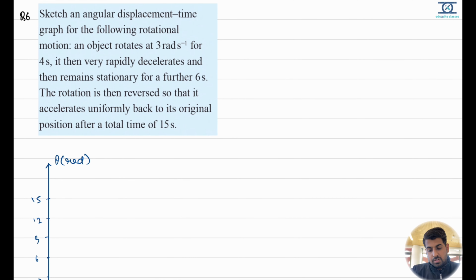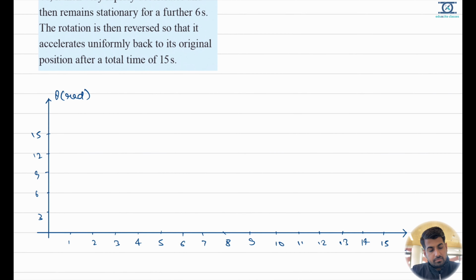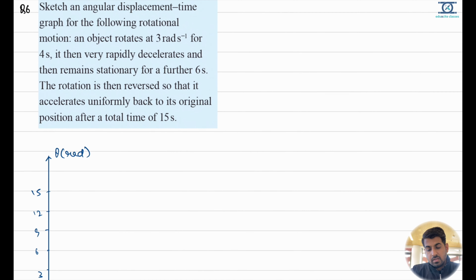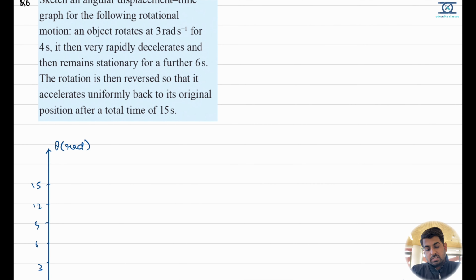Now pause the video and sketch the graph for question number 6. Okay, it is quite easy, guys. What is given in the question is the angular displacement versus time graph. I have already marked it for you. You just have to fill it up. So the object rotates at 3 radian per second for 4 seconds, and then rapidly decelerates and remains stationary for 6 seconds, and then reverses and accelerates uniformly